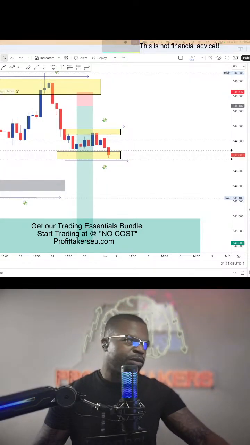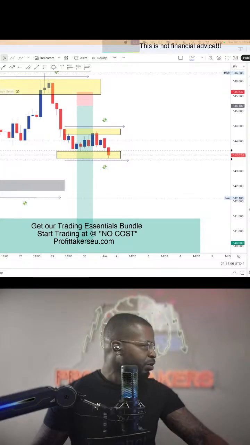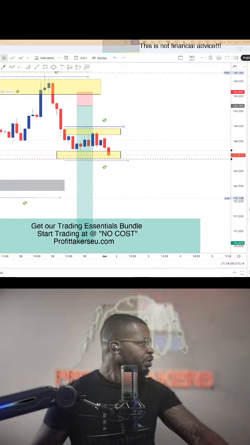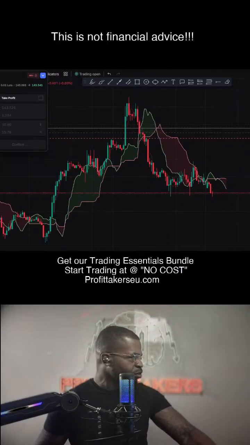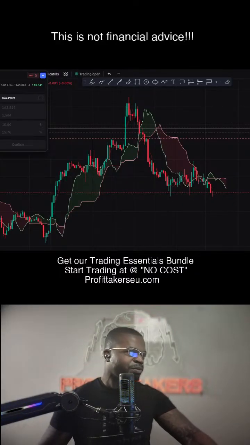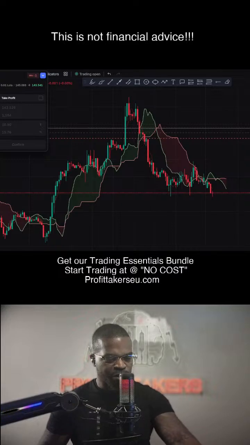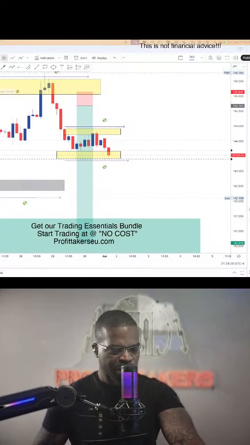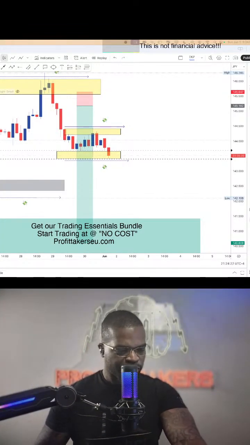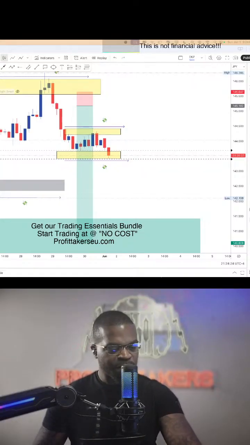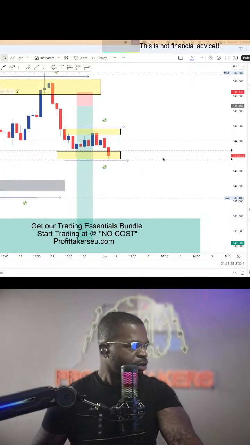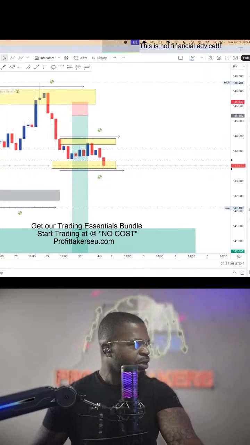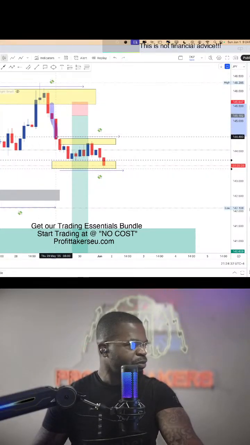Cool. So let me pull up my terminal, show this trade setup. I'm actually already in this trade setup for this USD JPY position. I got a sell. Let me go back to TradingView. So I'm looking at the possibility of a retracement. Right here, after we got this impulsive move,